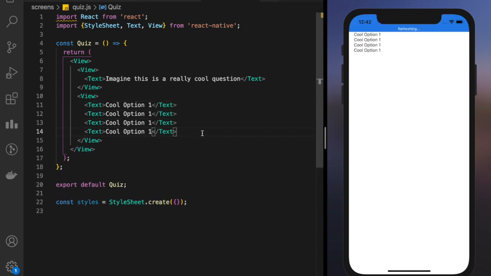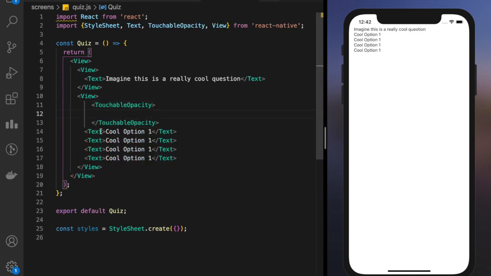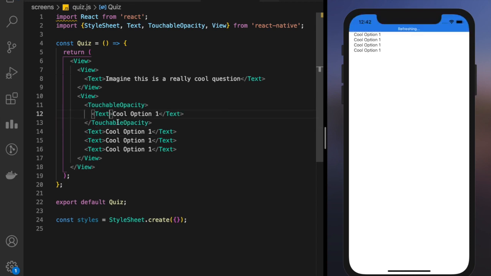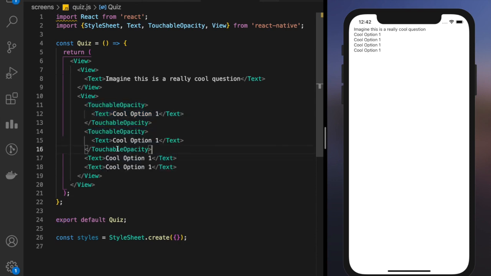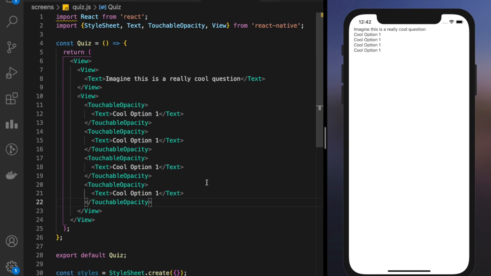So these are our 4 options, and each needs to be inside a touchable opacity. Why? Because an option is a button, so that you can click it, right? Let's replace all this so that all our options become our button.